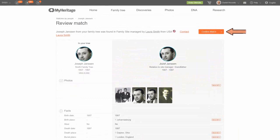Now notice that next to Confirm Match, there is an arrow. And this is what I call the lazy arrow, because when you click on that little arrow, automatically MyHeritage is going to copy, to extract all the new and improved information into your tree. Now, this is good if you're absolutely sure that everything is good. As I said, in my case, as a genealogist, I prefer just to click on the Confirm Match button